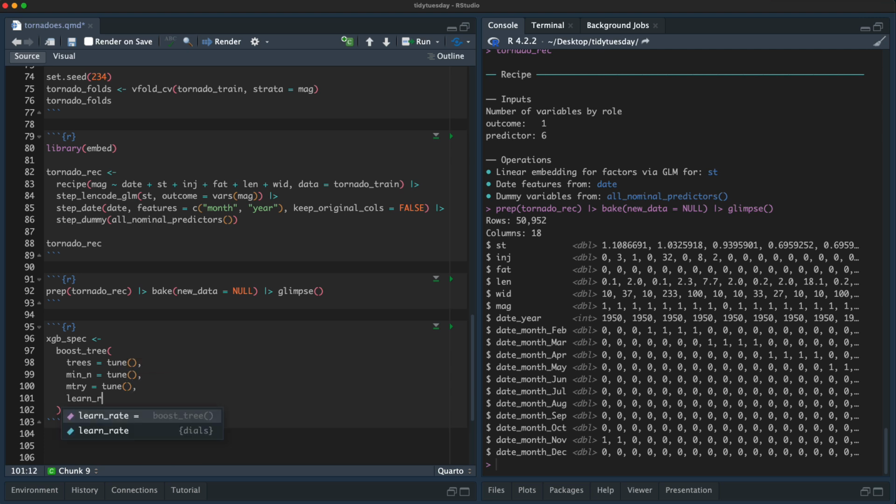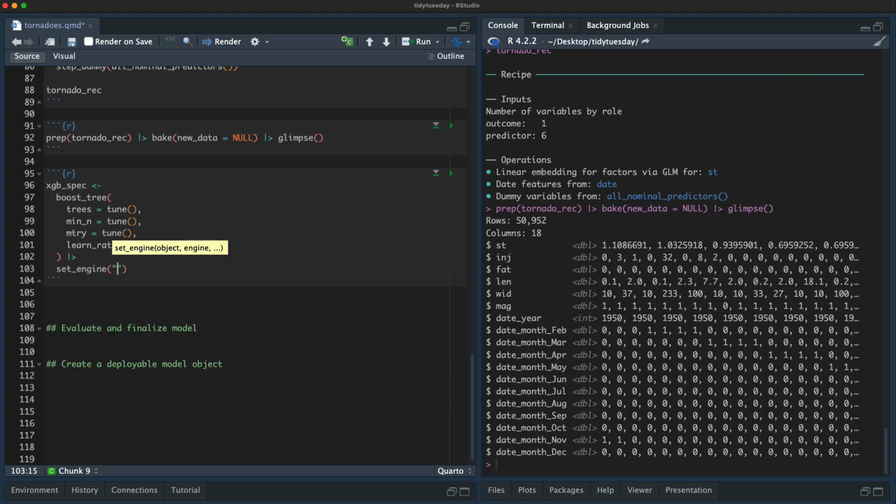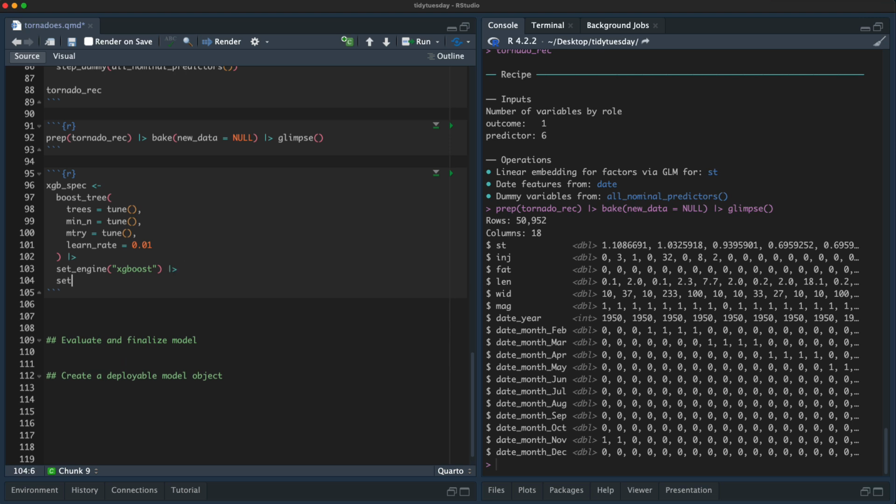I am going to set the learn rate kind of high, so this doesn't take 1 zillion years to get to something. So let me set the engine to xgboost, and then let me set the mode. Notice here, I am setting this as a regression model. This is the choice that lets me use xgboost, and it's this implementation of xgboost. Remember, this is the kind of weird thing that I'm doing given how this outcome is. So we're going to see how this turns out given that.